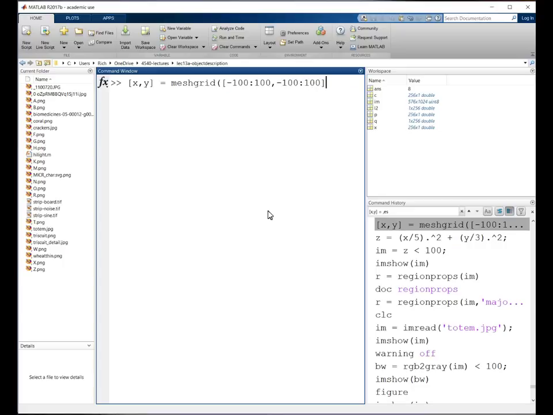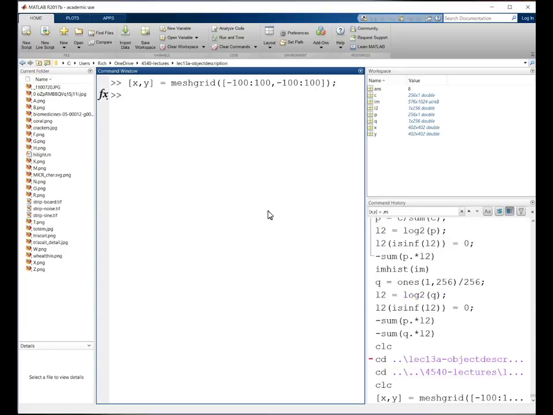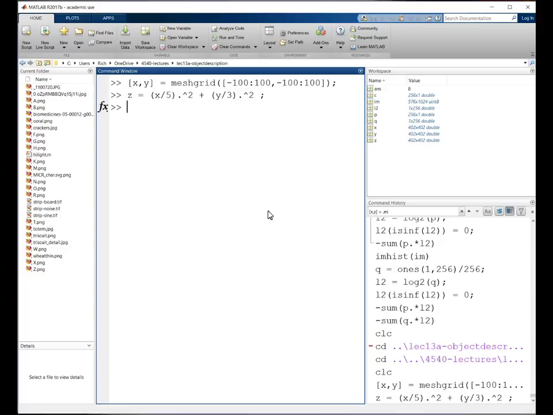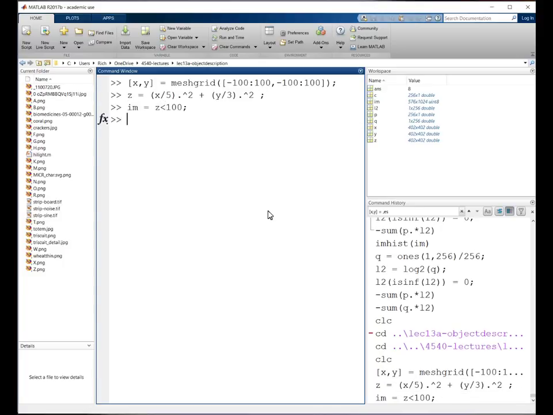And then I'm going to make a function that is kind of like the equation of a circle, except each of the terms gets weighted by a different factor. That's what gives me the elliptical shape. And then I'm just going to make an image where I'm going to threshold this to some value. And now if I look at this image,